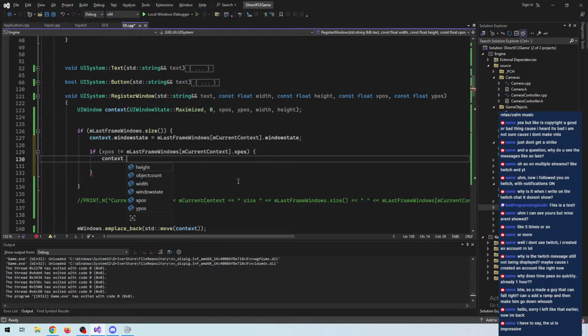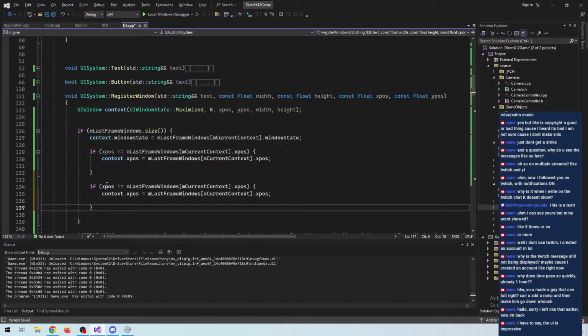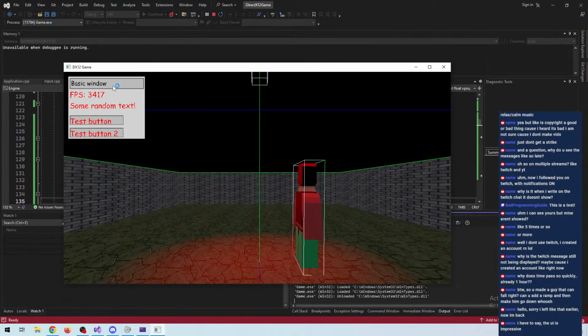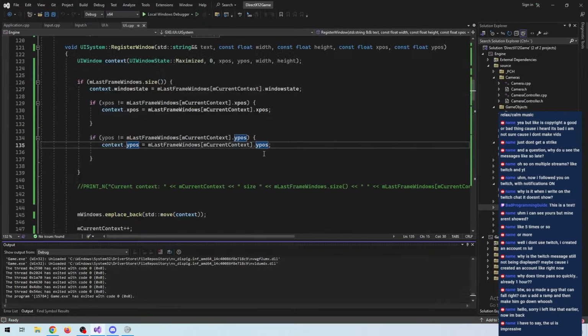We simply overwrite the X position from the last frame. We do the same thing with the Y. The width and height shouldn't change much. Okay, if we now